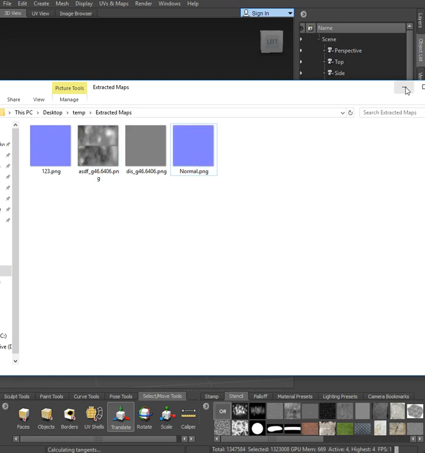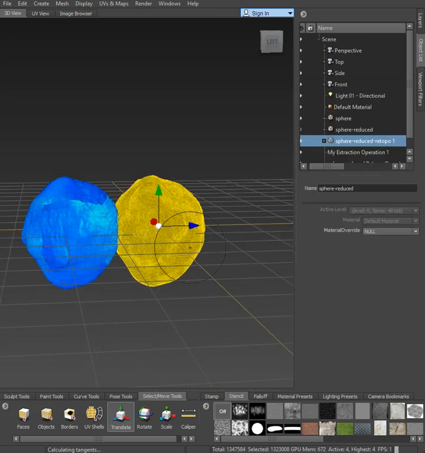Okay, so those extracted maps, I would like to see them. I would like to see your retopologized model. You can leave it inside the same file like this and save everything as you finish doing it. If it's too heavy, then export it or save it and then open it again. I just want to see your polygon count, and I want to see your extracted maps. Okay, so